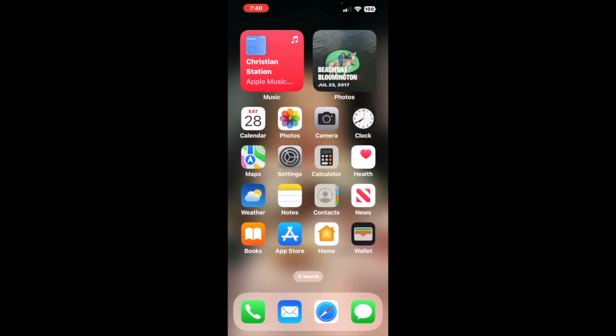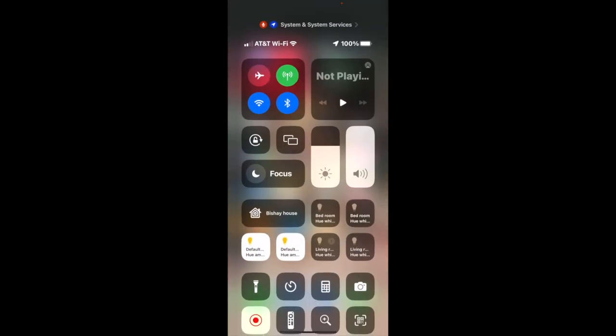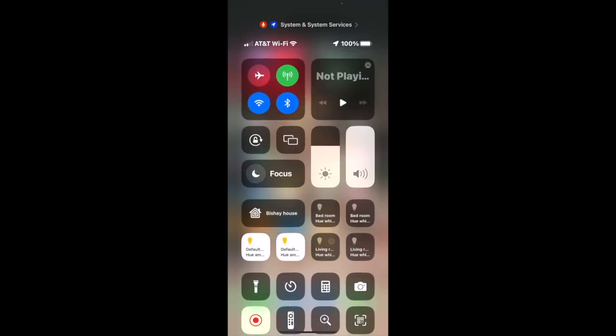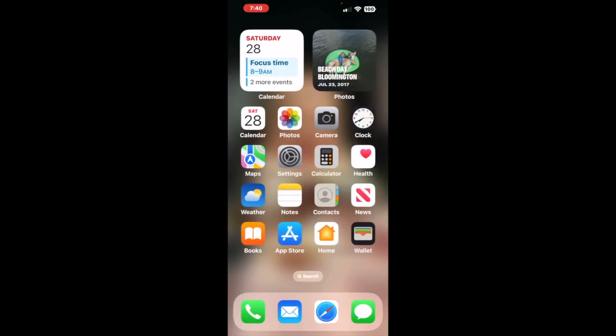Also, if you go up to the control panel by swiping down, you can scroll down in here and find the camera, and you can take a picture with it this way. I don't use that often at all. You can swipe from, so let's go to the camera, and